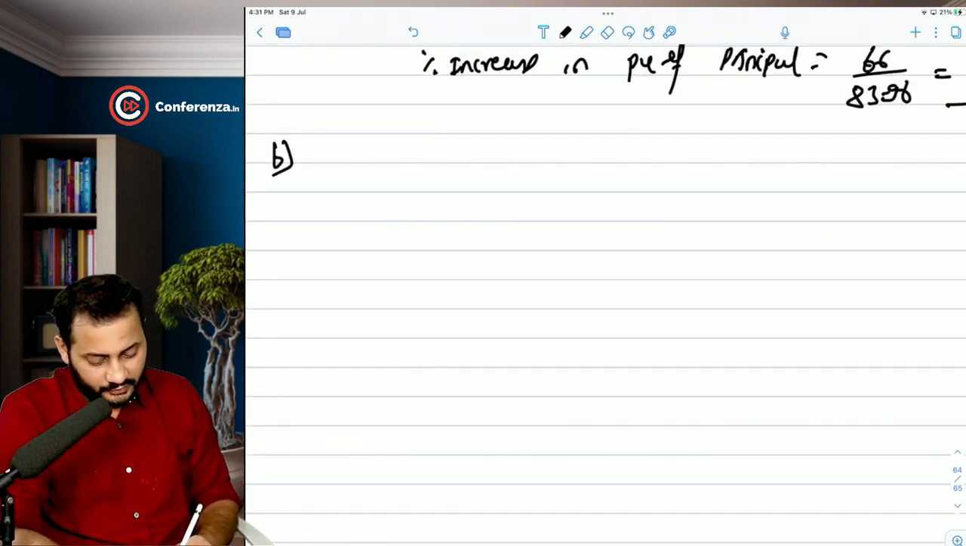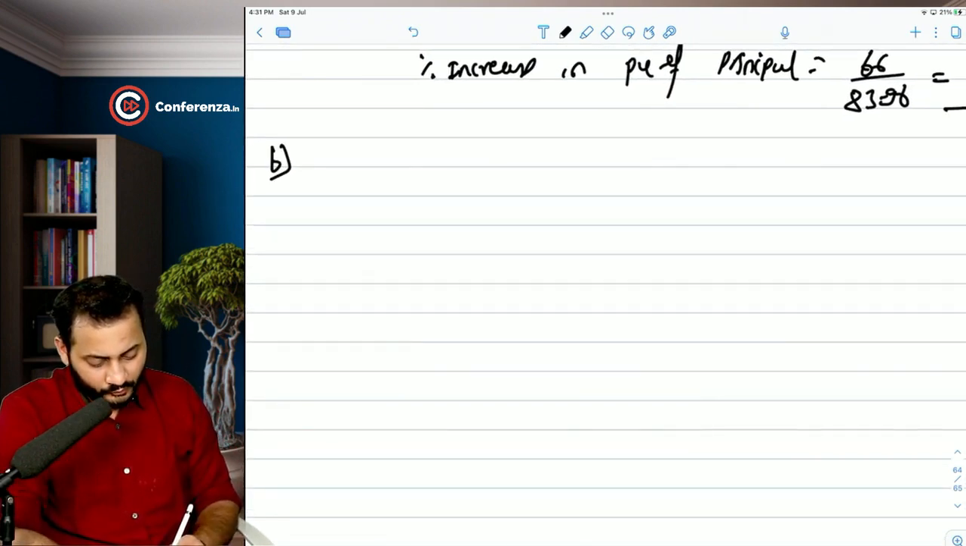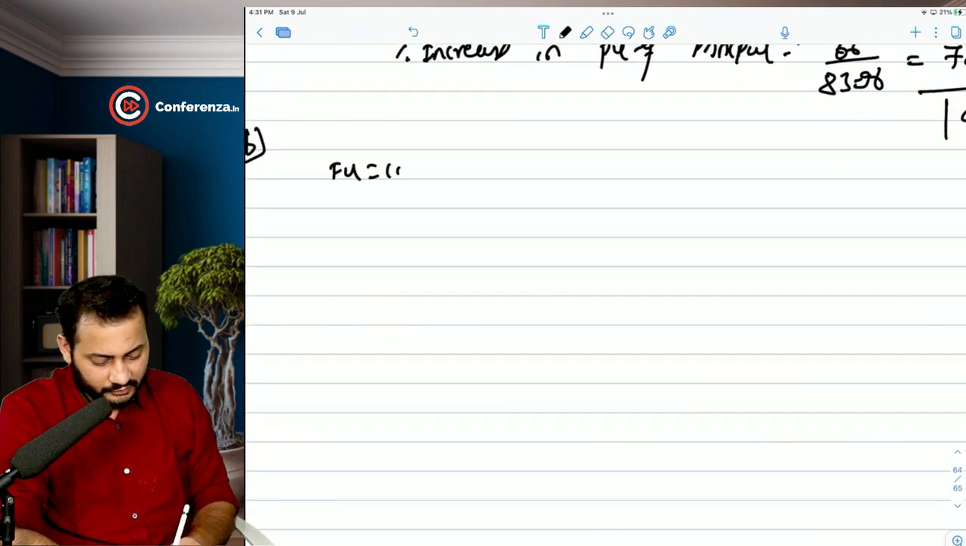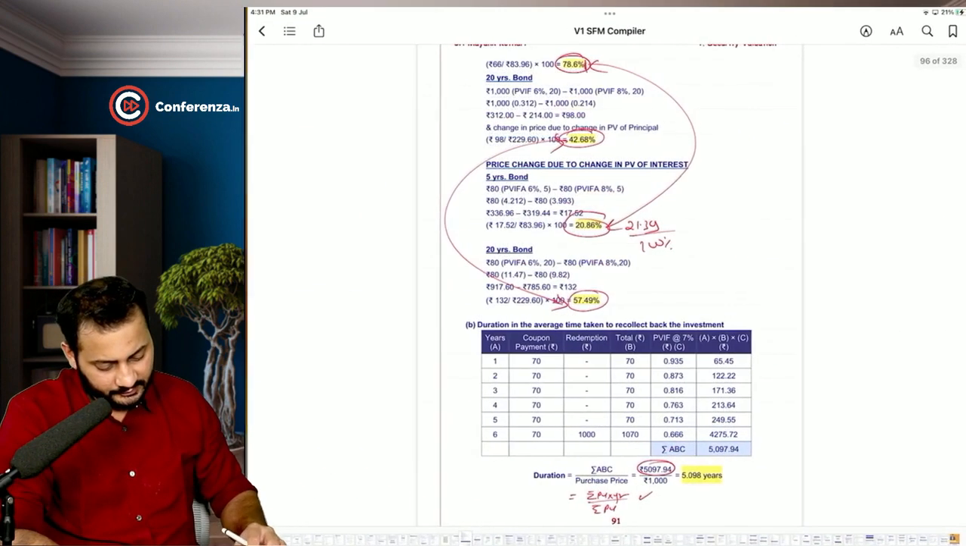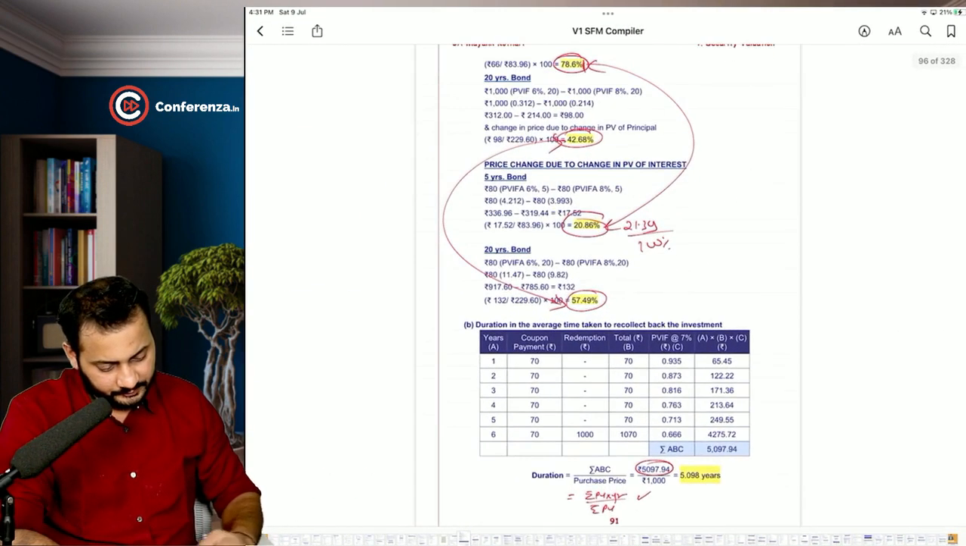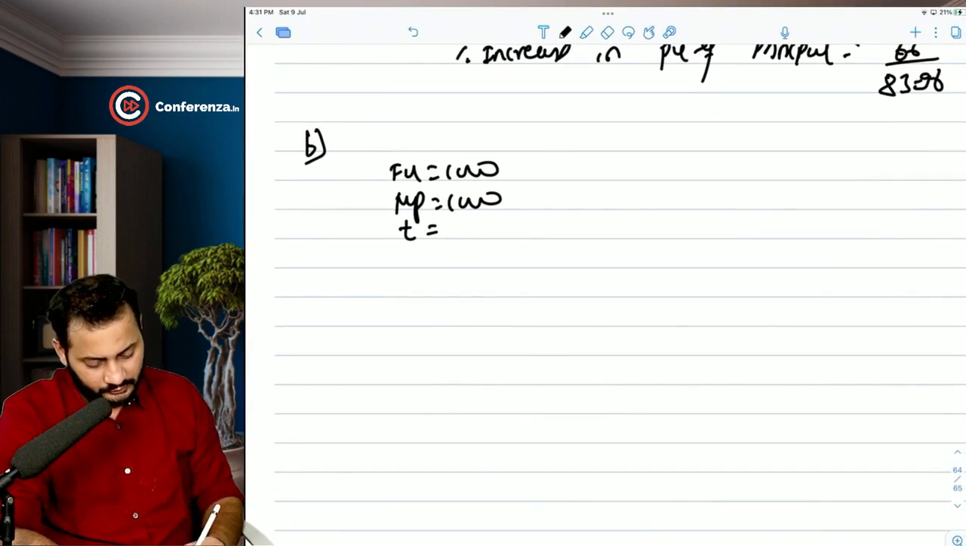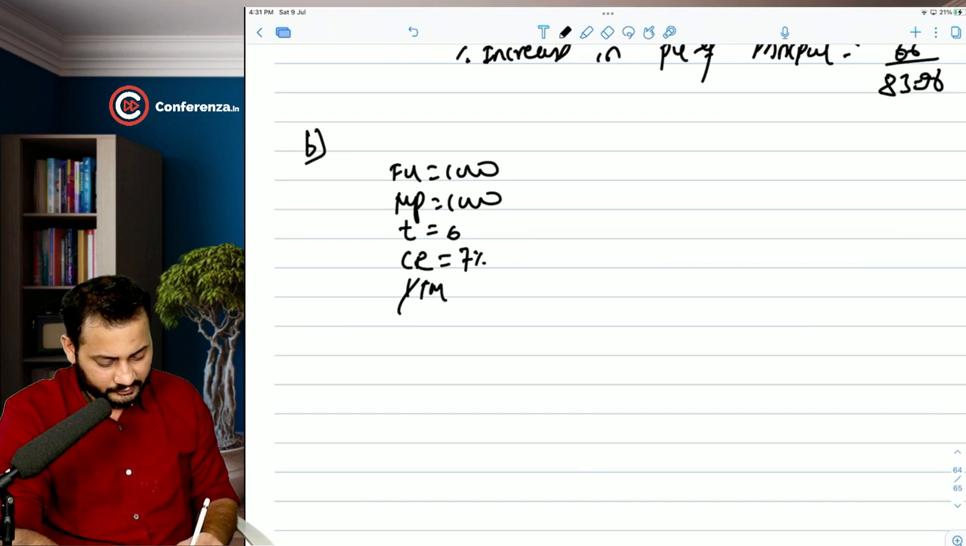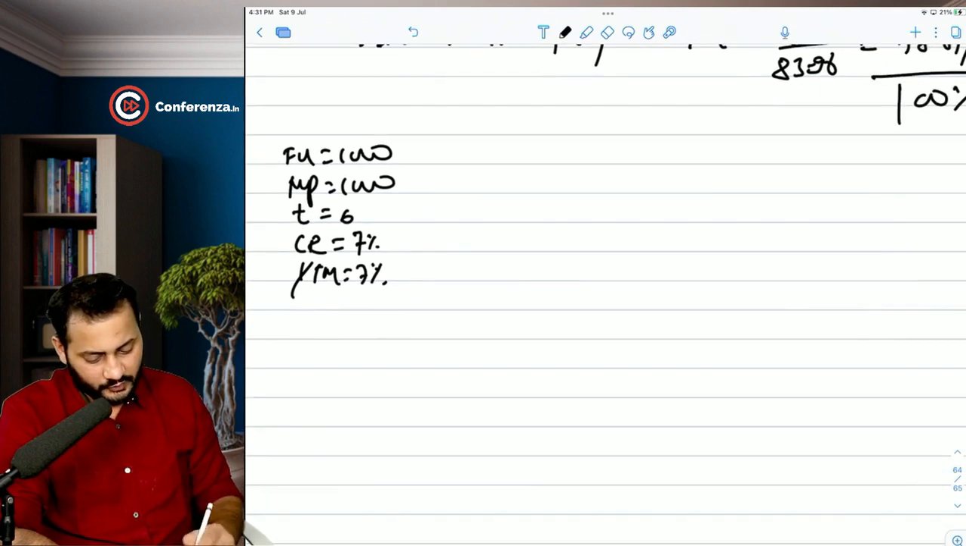So first of all, let's write down face value 1000, market price 1000, time 5 years, am I right? 6 years. Coupon rate 7%, YTM 7%. Now if I write down the formula, it is